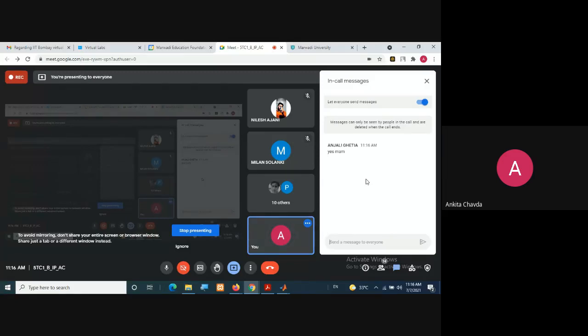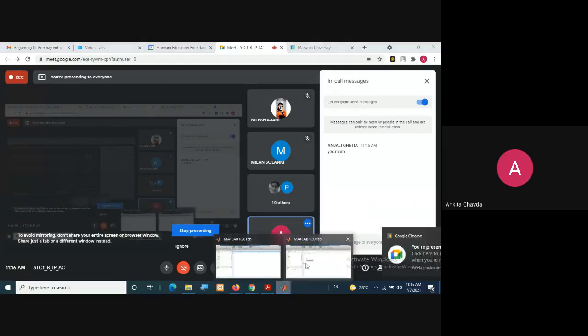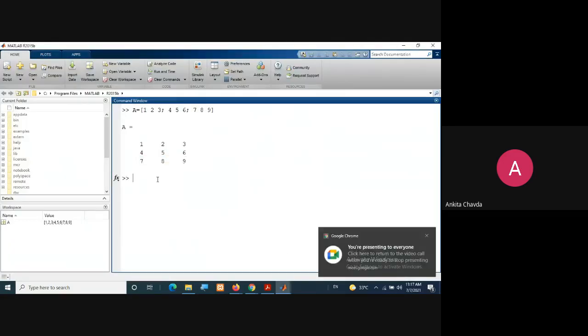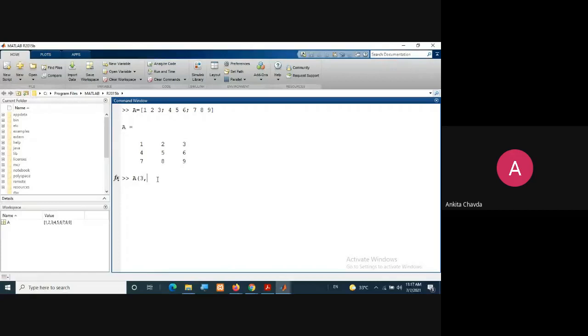Fine. So what we need to do is set it to a null vector. I want the third row and all the columns. So I'll write colon, that is for all the columns, equals to this null vector. So finally, I've deleted the last row.